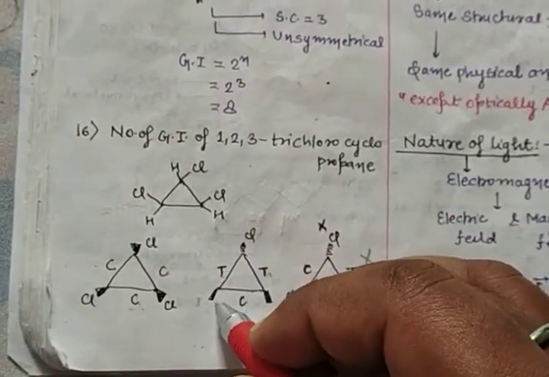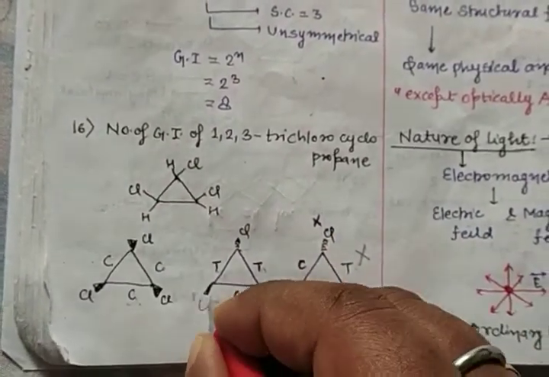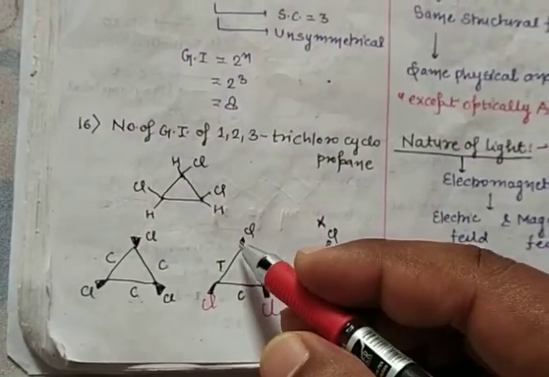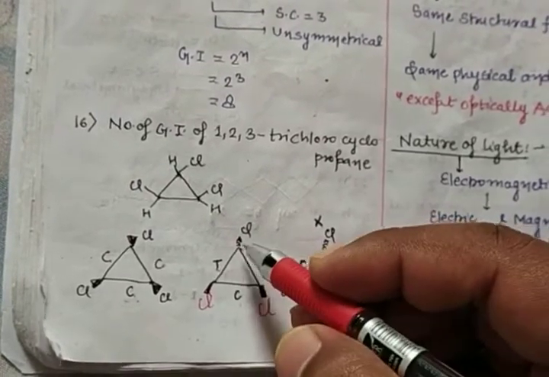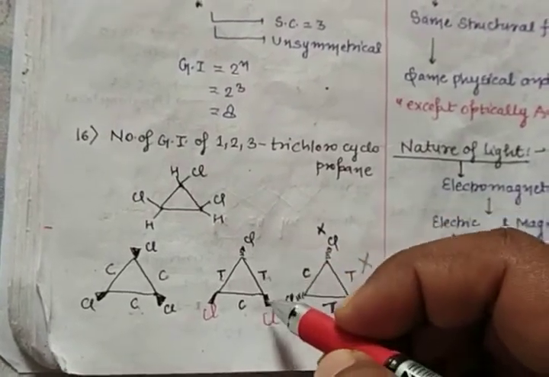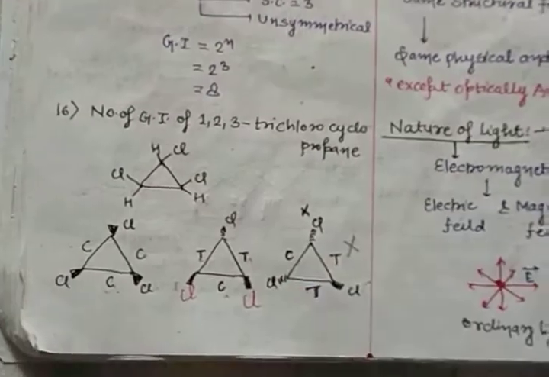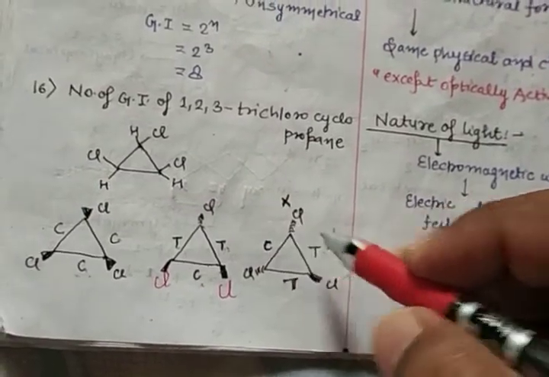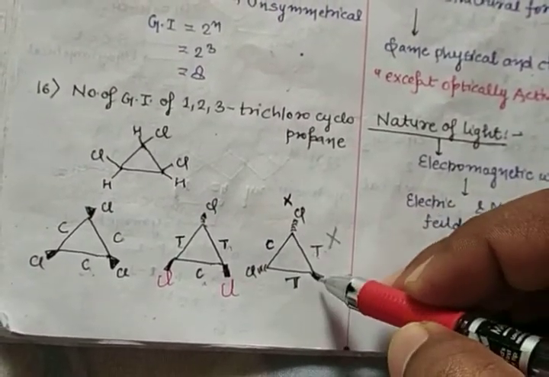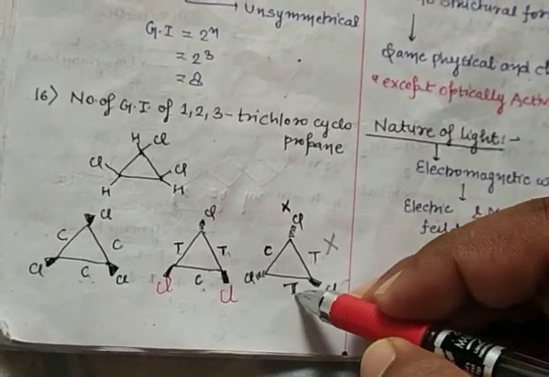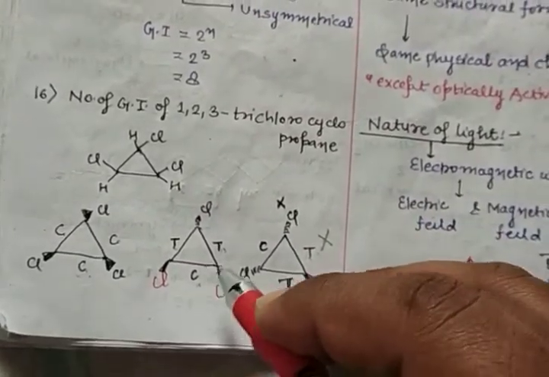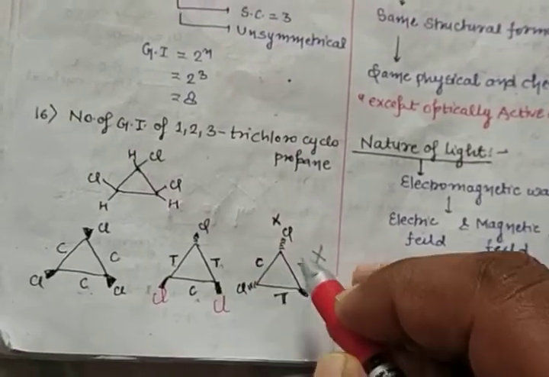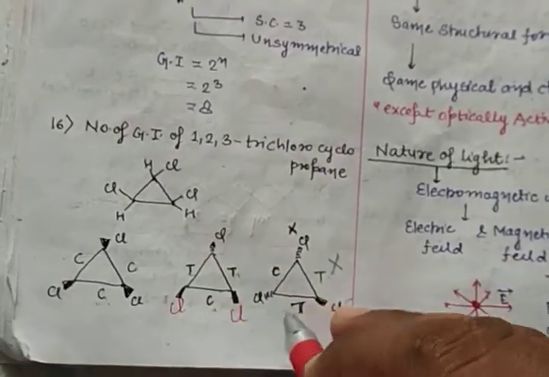Now look, this is a wedge, there is a Cl. Okay. So this is wedge and this is dash. Wedge and dash means trans, dash and wedge this is trans, wedge means cis. And now again, dash means cis, dash wedge means trans, and wedge and dash means trans. In this case, consider from that side: there's a trans cis and there's a cis trans. So only 3 geometrical isomers.